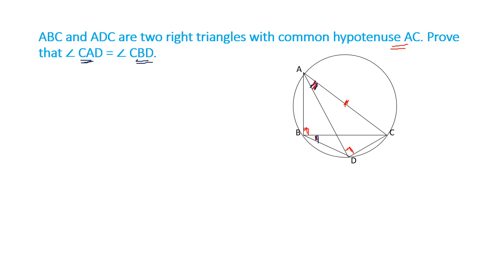Now I can see in the diagram, these are the angles formed on the same segment. So if I can prove that it is a cyclic quadrilateral, meaning all the 4 points lie on the circle, then I can easily go. These are angles in the same segment. But it is not given that the points lie on the circle. That I have to prove. Right? So this is given 90 degrees.